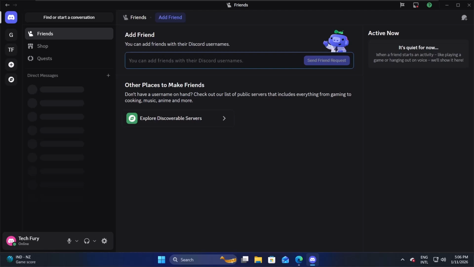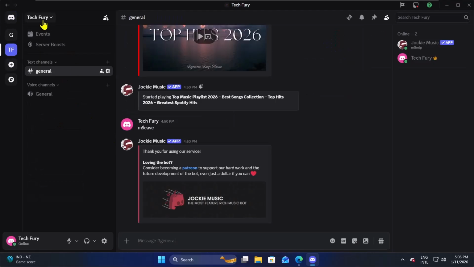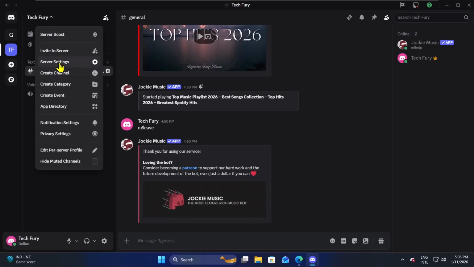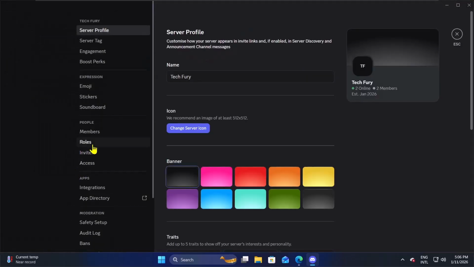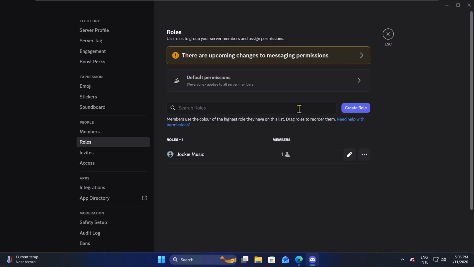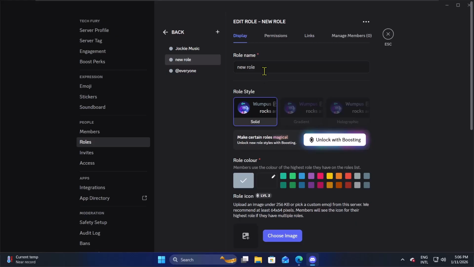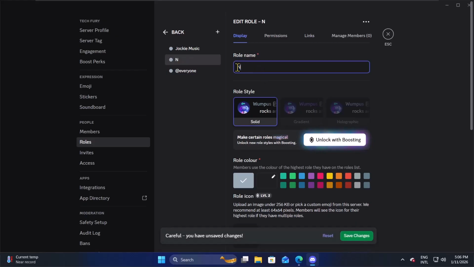In this video, I'm going to show you how to automatically add a role when someone joins your server. First, what you need to do is select the server you want to add this feature to, click on the name and go to server settings. In here, go to roles and you need to create a new role which will be added automatically when someone joins. So create new role, put a name, whatever you want,